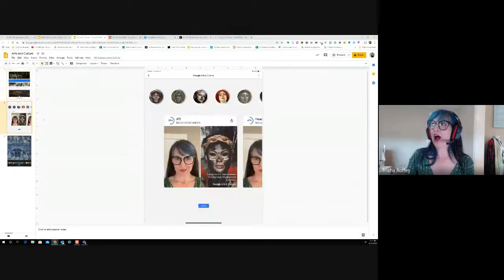And so here, this was me turning myself into the portrait selfie. So you just take a selfie and it will start to give you matches of the different type of artwork that you match to. And then of course you can click on that artwork and explore even more. And this was just me taking a picture.